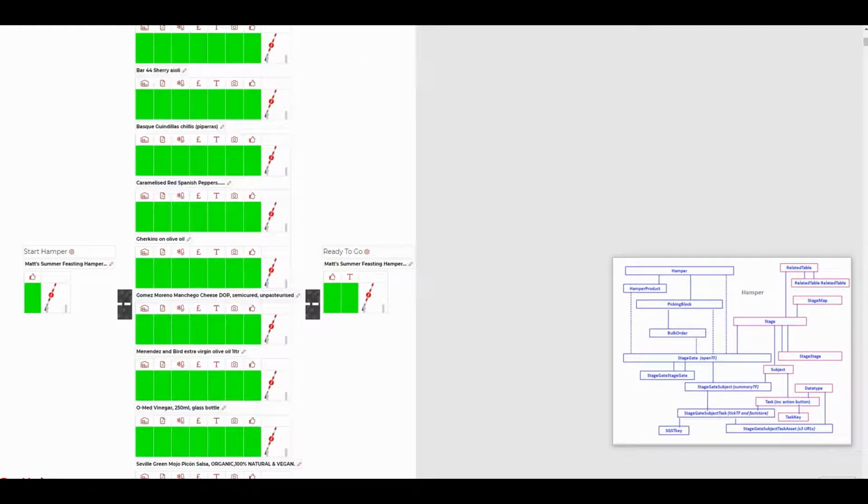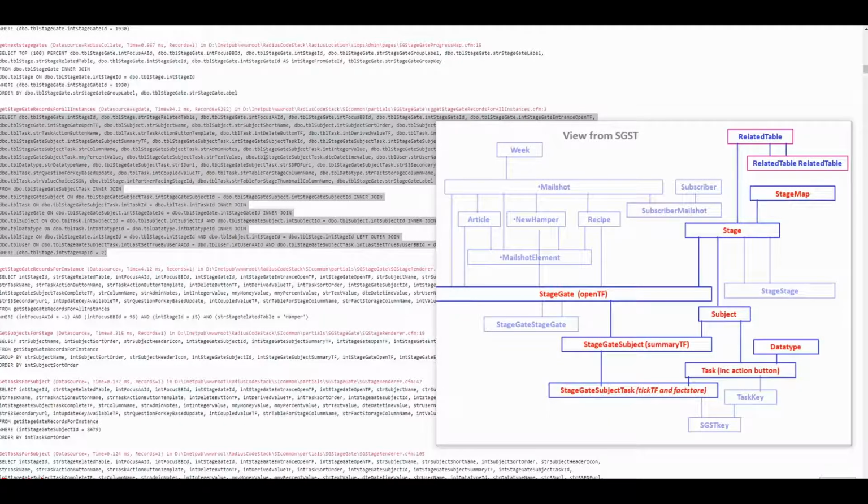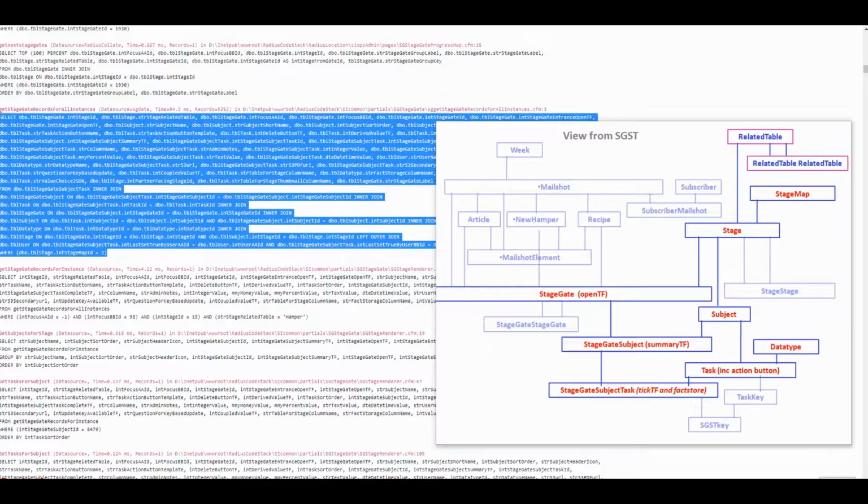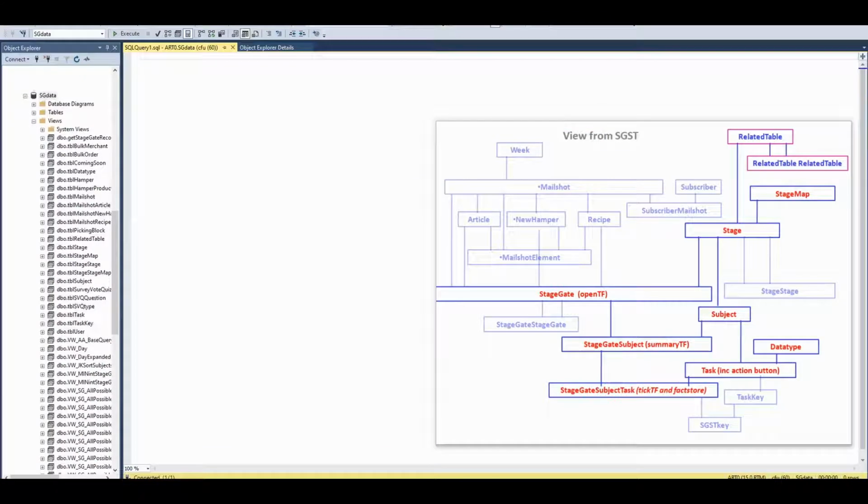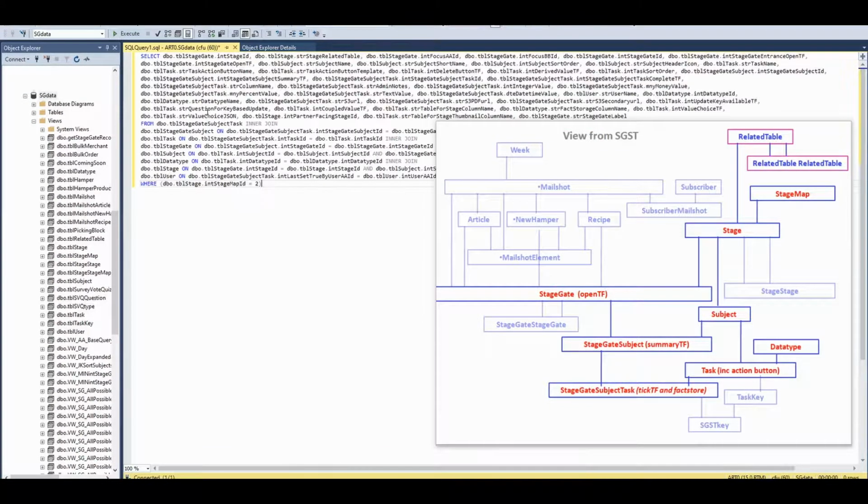Our next step is to explore the construction of that master query. Let's lift that master query off the page, and we'll drop it into a query window in SQL Server. Looks a bit scary, doesn't it? It's not really. This query, which will execute quickly,